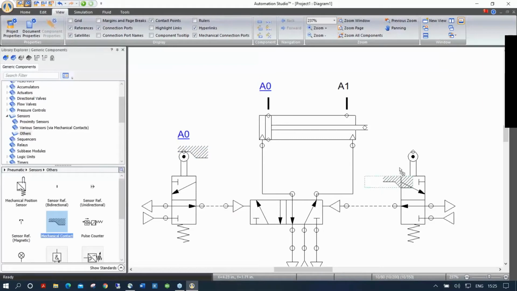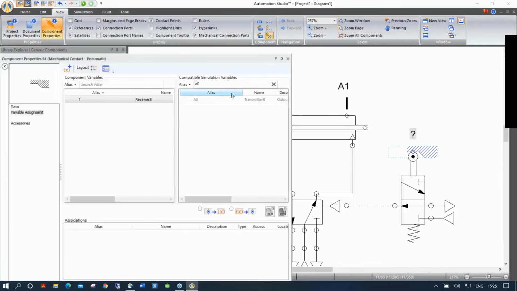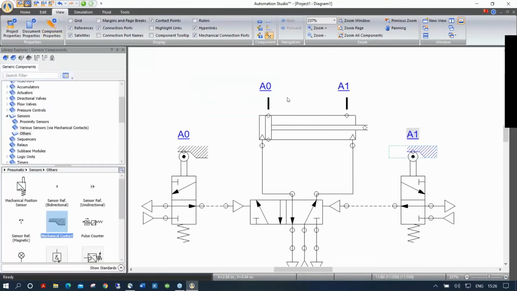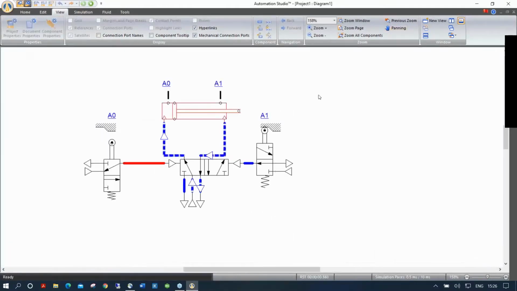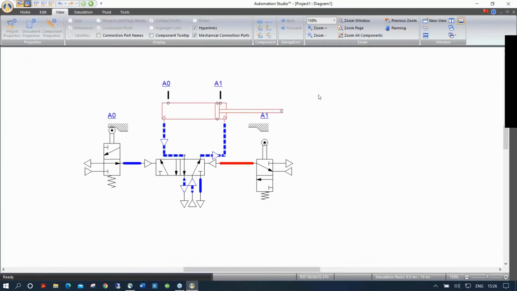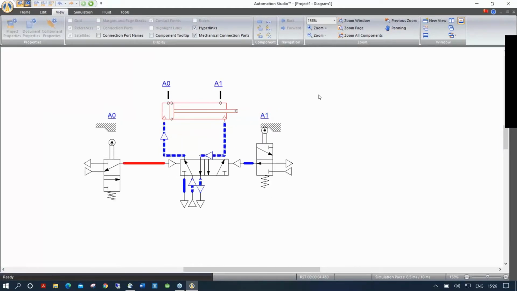I'm going to take another one here, and I'm going to link this one to A1. So A1, and A1 is here. Click twice, and there you go. So now if I simulate this again, it's just going to go back and forth like that because I have nothing to cut the air, okay? So it's just going to go and go and go unless I put something to actually cut the air to this